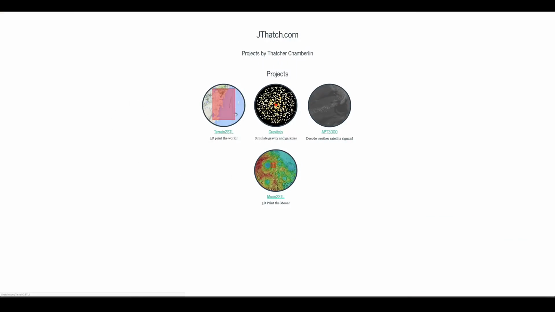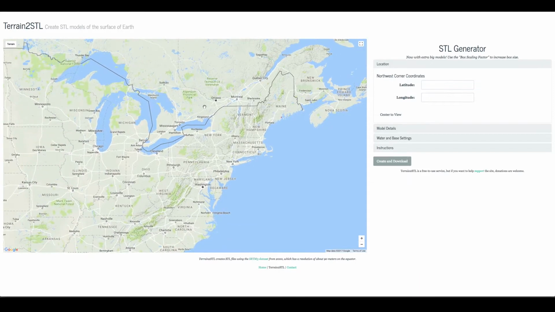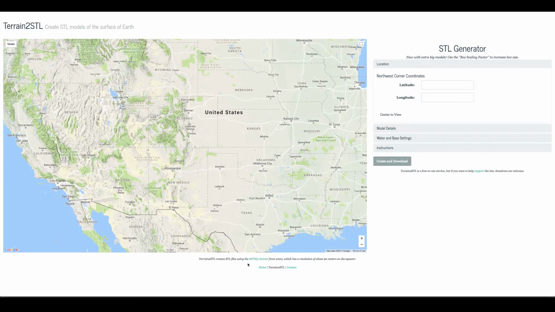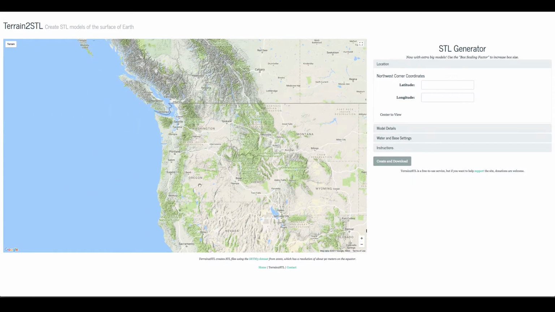Here is Terrain to STL, and this is a very cool web-based application. And as you can see, once we click into it, this shows you how it all works. And basically it uses Google Maps data, and you can see here down on the bottom, it uses the SRTM3 dataset from the year 2000, which has a resolution of about 90 meters on the equator. So I think that's a pretty good resolution considering we're using it for terrain generation and we're not using it